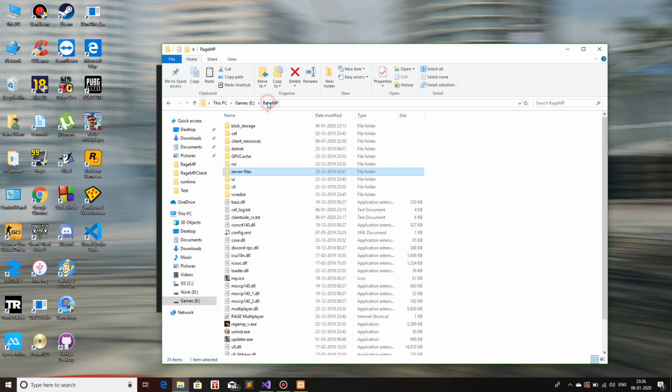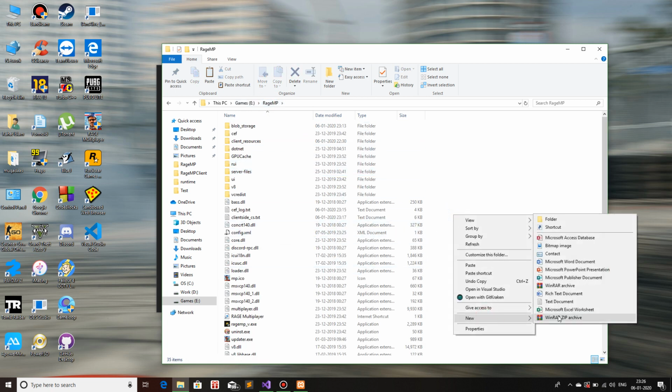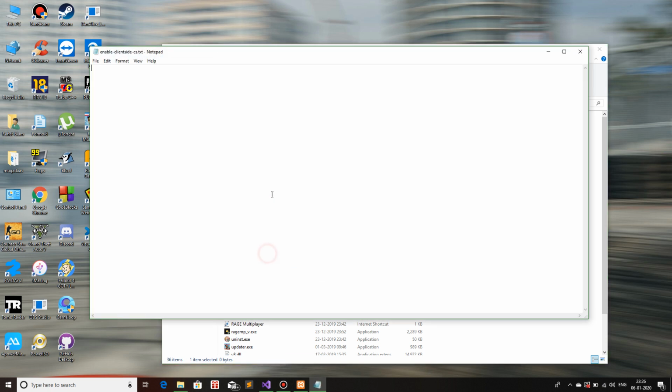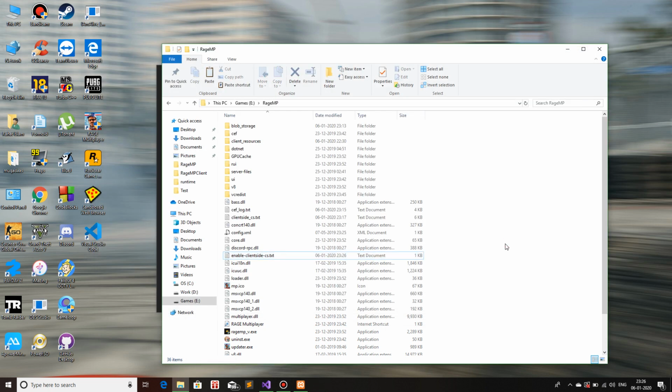Once you're done with that, go back to your RageMP root directory, create a new text file and name it enable-clientside-cs.txt. Open it and just add the value true, save and close. So what have we done so far? We copied all the resources from .NET folder to our runtime folder. We created a text file called